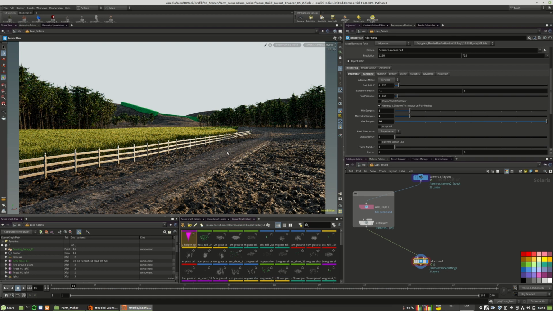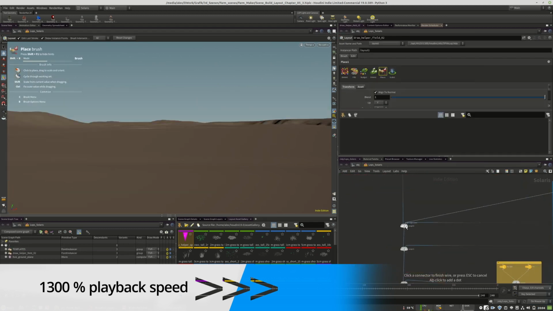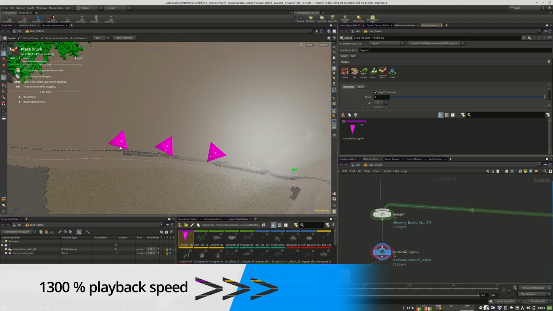What I will now do is add a lot more of those fields. So at least on the right side, I will add a field right in the background. And I will also add some grass here in the foreground. And yeah, I will forward this. So I will comment this a little bit. I forwarded this part of the tutorial by